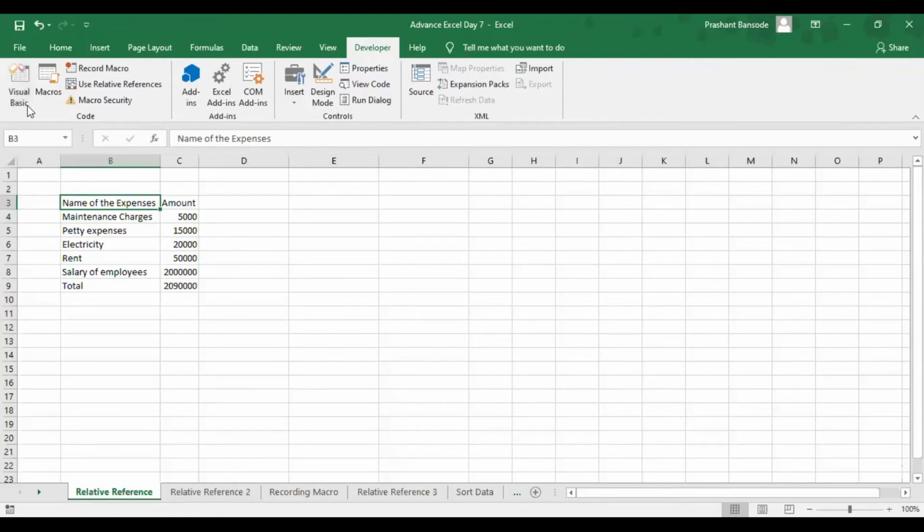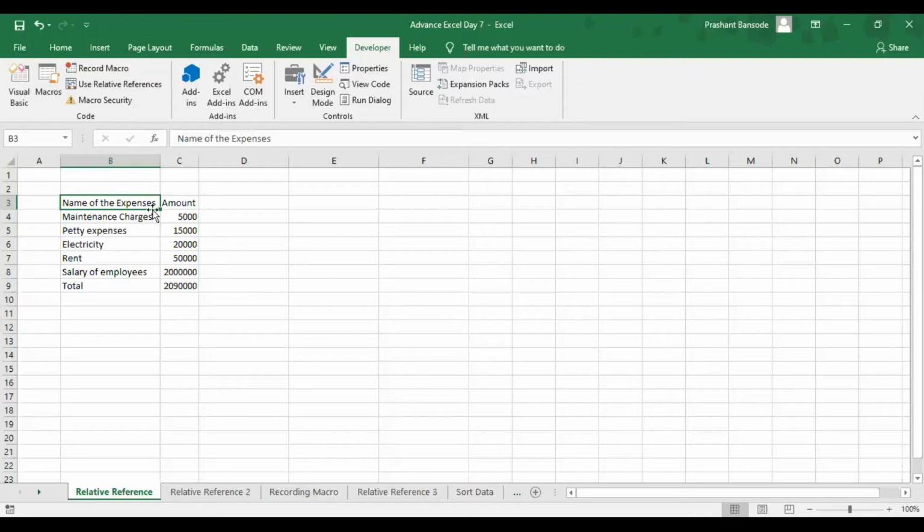Okay, so now the first step would be you have this Visual Basics, and we already used it. How to go to Visual Basics: if you are not able to go, and if you do not want to use a shortcut like Alt F11, you can directly go to the developer tab and go to Visual Basics. So it will open the Visual Basics window, where you can see all the macros and your modules which are there in this particular workbook. But for the time being, we are just going to use the record macros option.